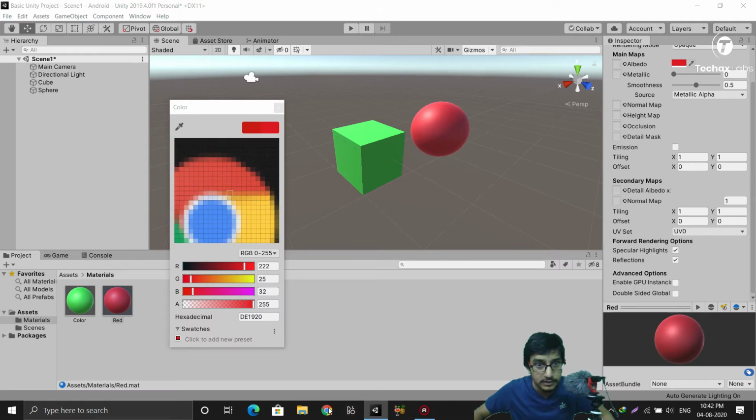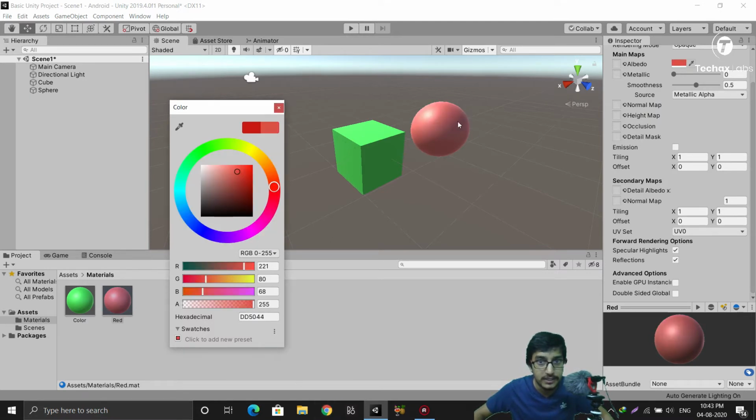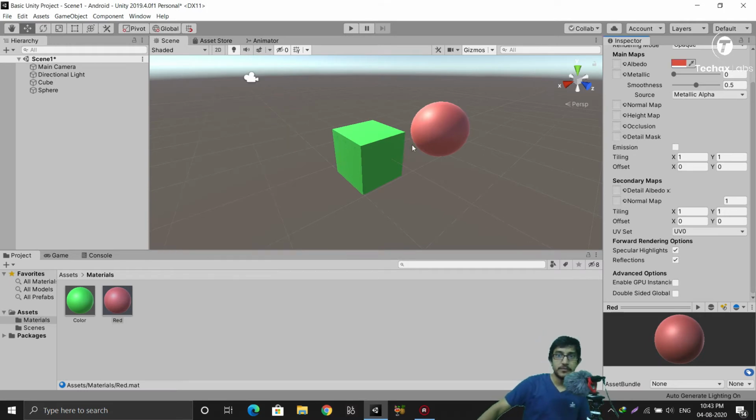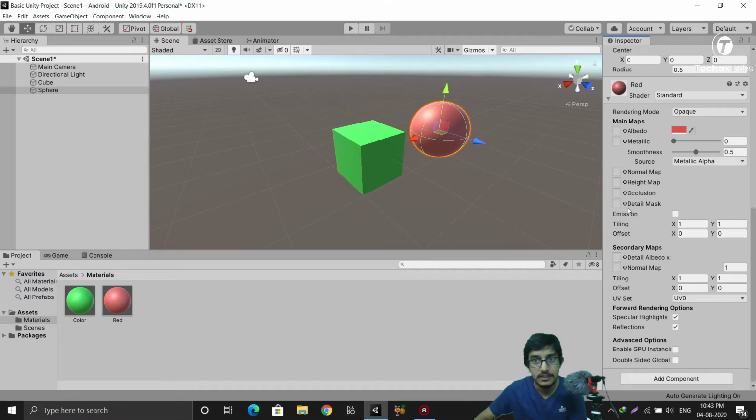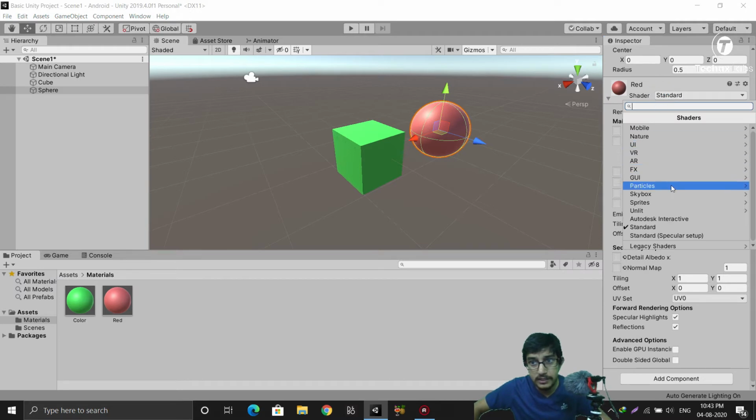Let's use this red from the Google Chrome browser. Okay, let's click it, and you can see that red has applied, but this red does not look very good. And why does this happen? It's because of shaders. On day 1 I did not tell anything about shaders, but you can see shaders change our materials drastically. So there are actually a lot of options, and we will see later how this all works.